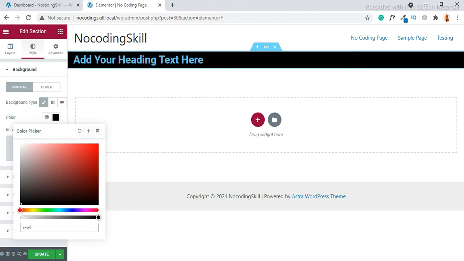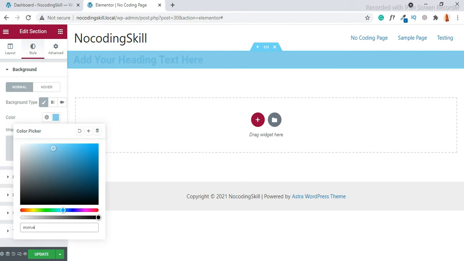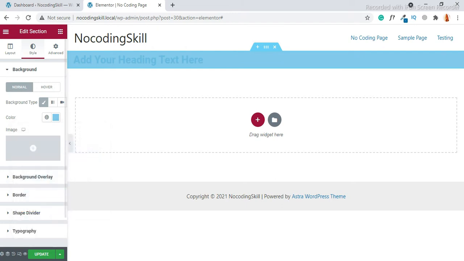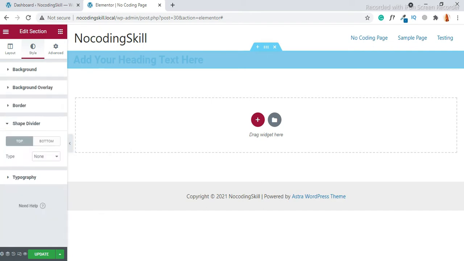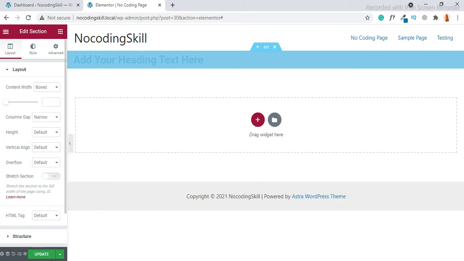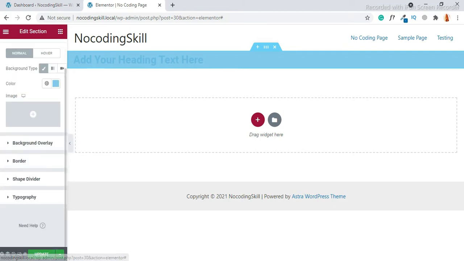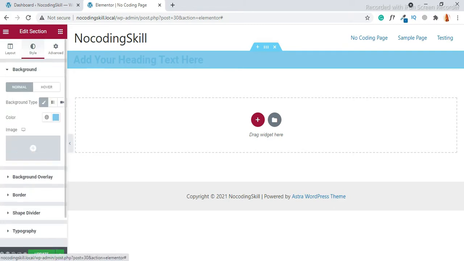I'm giving sky blue. So you can set the background color, background overlay, border, shape divider, different elements here.